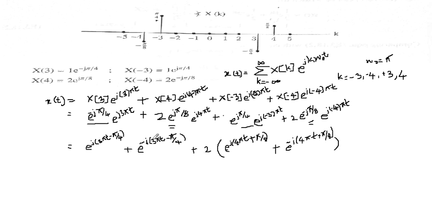Now we have to get it to the trigonometric form. So to write them as the sine and cos forms, we have to divide and multiply by 2. Let's put the bracket, divide and multiply by 2 here, and this all will be divided by 2 and multiplied by 2. So this x of t is equal to